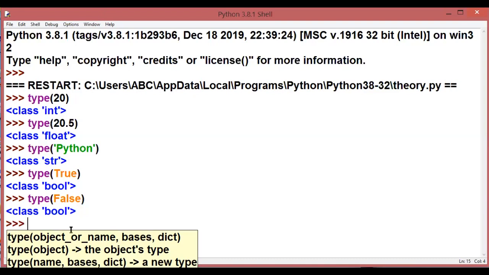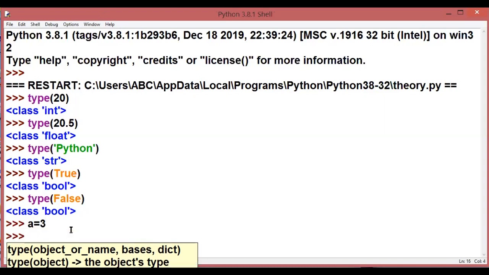So as I told you, type is a function which is used to determine the type of a value, a variable, or an expression. So we have talked about the values over here. Now I am going to switch on to the variable. Let's say I am writing a is equal to 3.